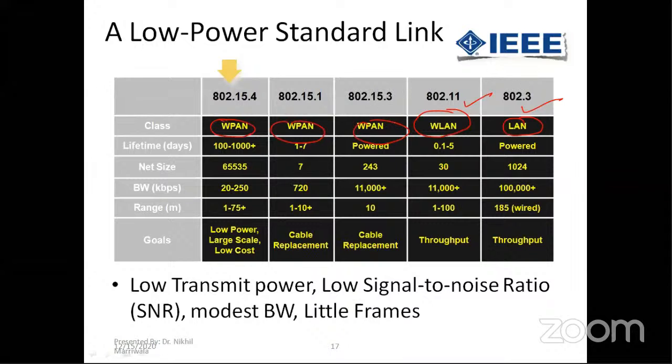802.15.4, where we talk about low power, large scale, and low cost devices, right? So their lifetime is also pretty high. The network size is also very high. The bandwidth in kbps, you can just have a look, right? The bandwidth is almost negligible as compared to this LAN part, right? But it is very fast, right? Range,